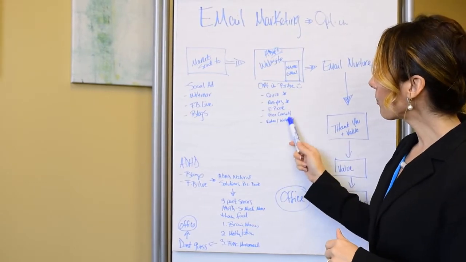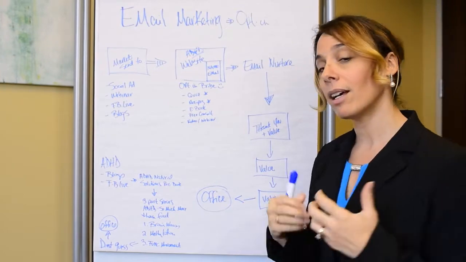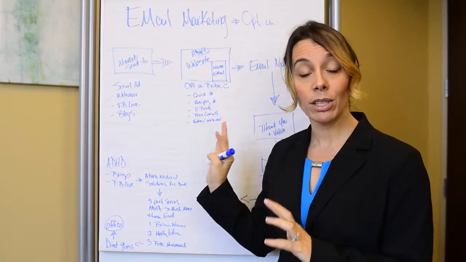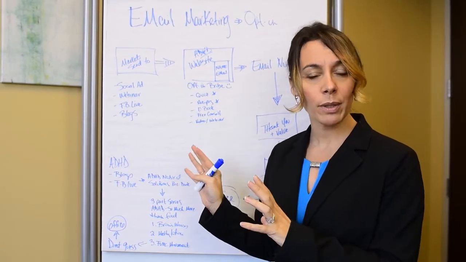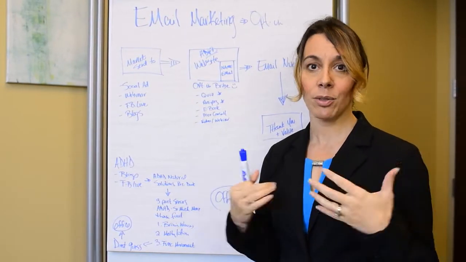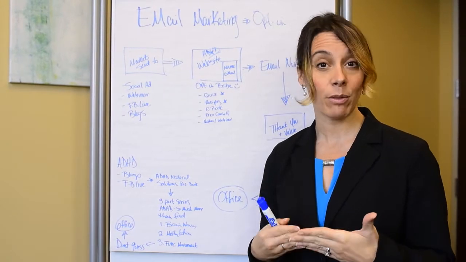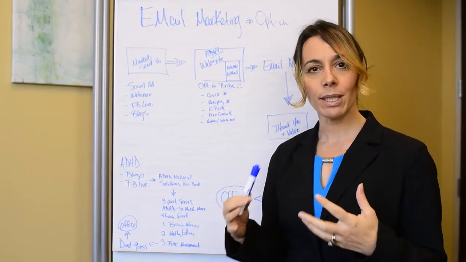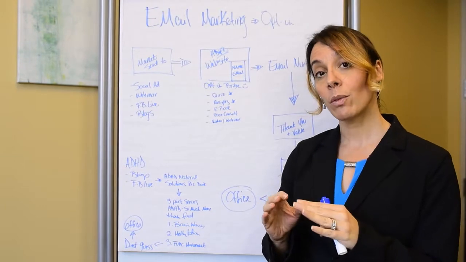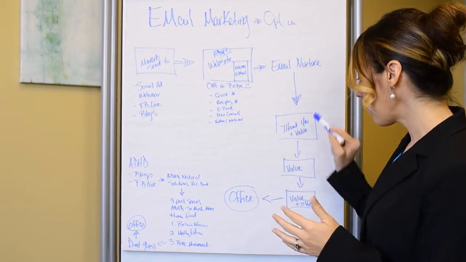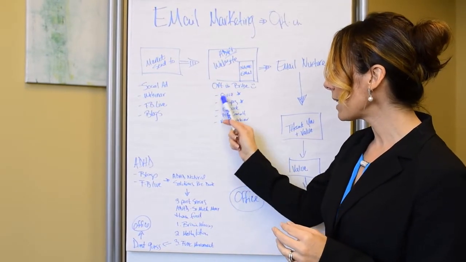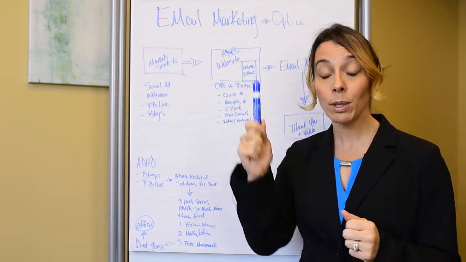So once they're here and you've just gotten their name and their email, and you've given them that recipe book, you might be going, whoa, Melissa, how the heck do I do this? I want to tell you there's a lot of online autoresponders for your email marketing, but there's some really simple ones. If you've got just a regular size practice, one of my favorites is called GetResponse, and we'll have links here for you all. GetResponse is super simple, very inexpensive, where you can capture their emails and you can create what's called a drip campaign, an email follow-up drip campaign, which we're going to talk about in just a moment. So that recipe book that you made would actually be uploaded into GetResponse.